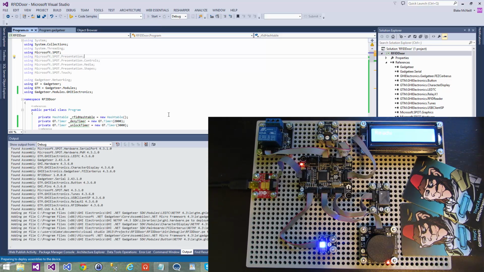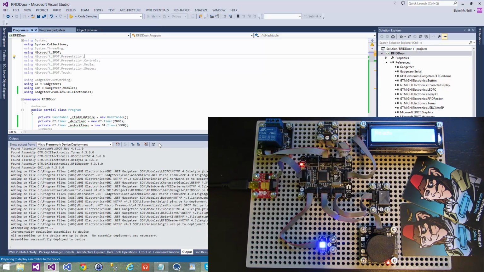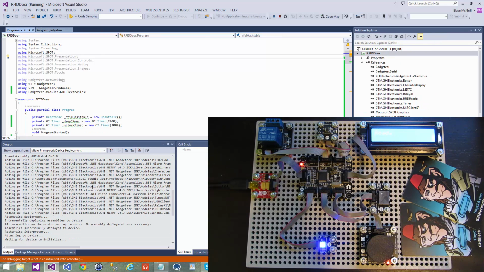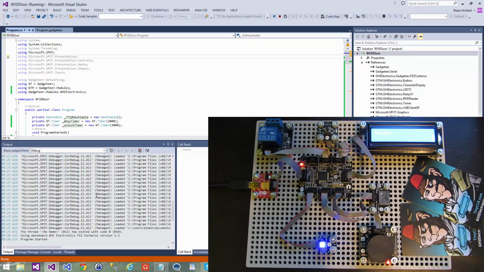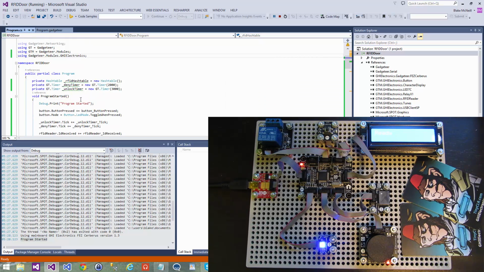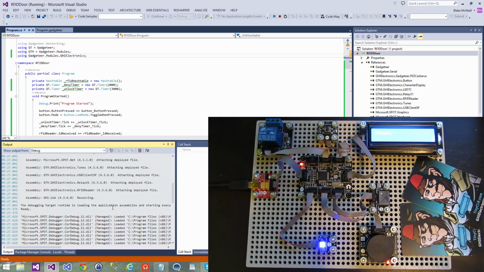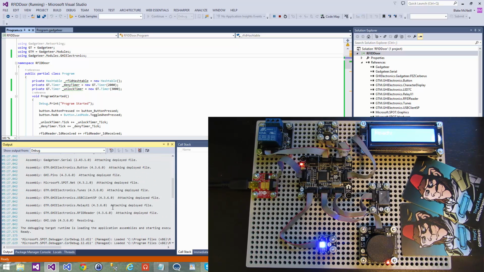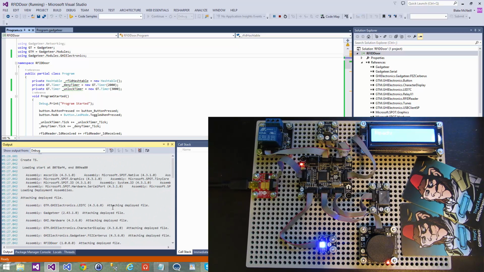Visual Studio will go through and compile everything up for us. It'll round up all the libraries and everything like that, bundle them all up into a package. And if we look here, program started, this is the debug output, and so our application is actually running. So let's go up and see what all it does. It rounds up all the files and everything